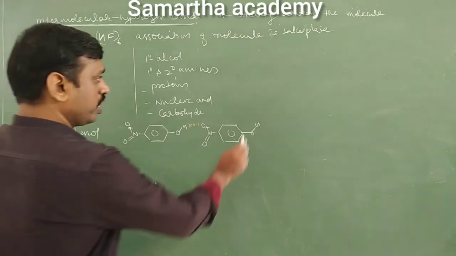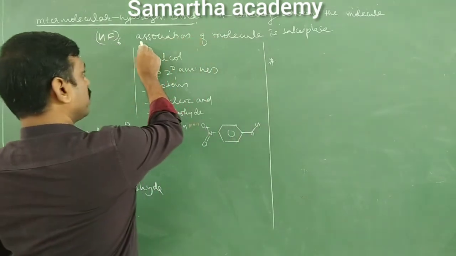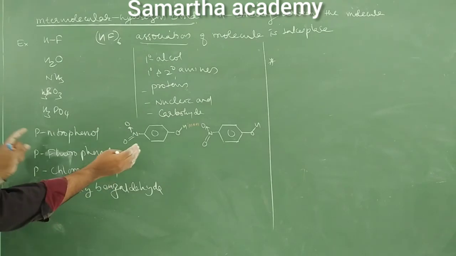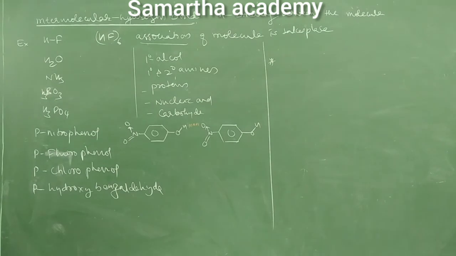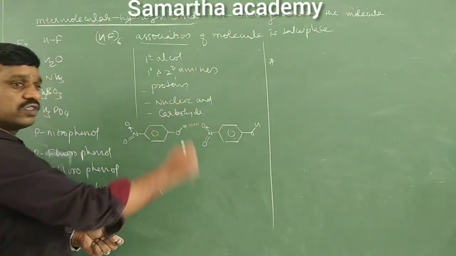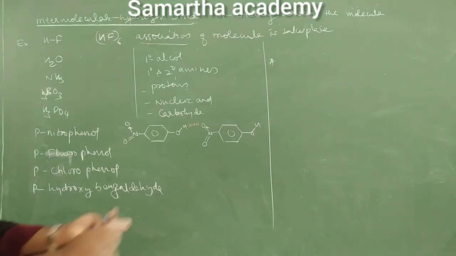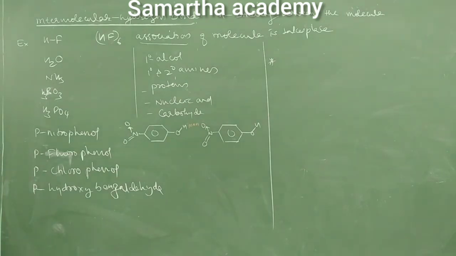Next, due to intermolecular hydrogen bond, what happened? One, already we have written, association takes place. Then what about boiling point? Due to association like this, if many molecules get associated, then obviously their boiling point increases. To break this bond, energy is required, no? So therefore, one, boiling point increases. Second one is solubility, because water can form a bond with this, no? Solubility increases. Next is viscosity, surface tension increases, but only volatility decreases. Right.